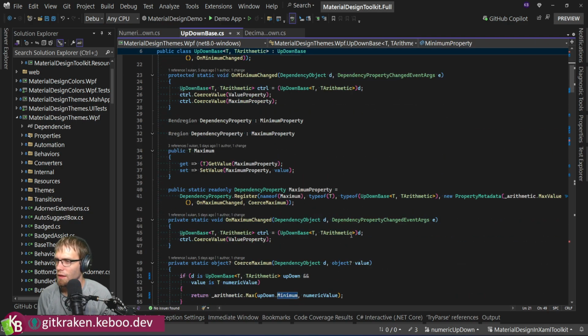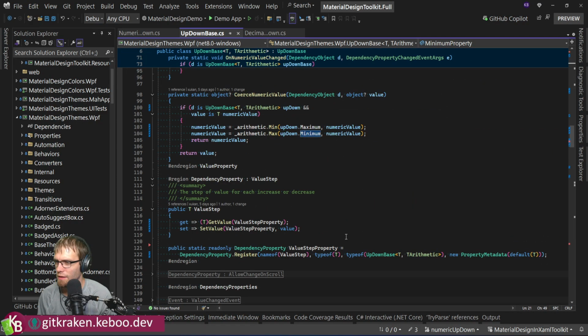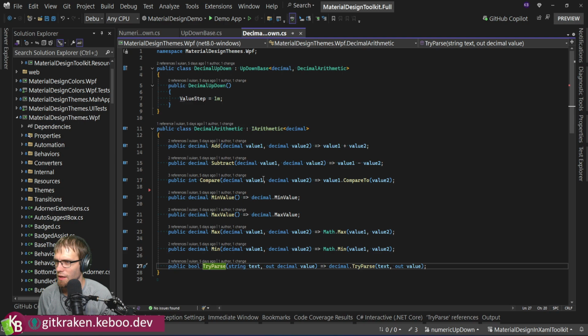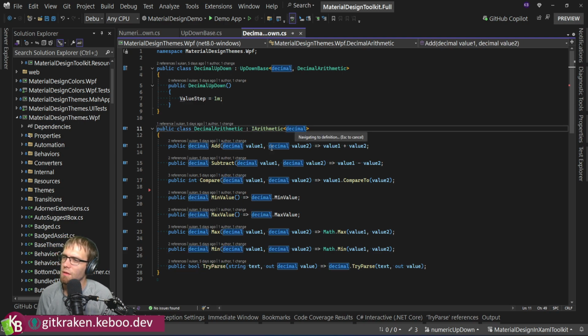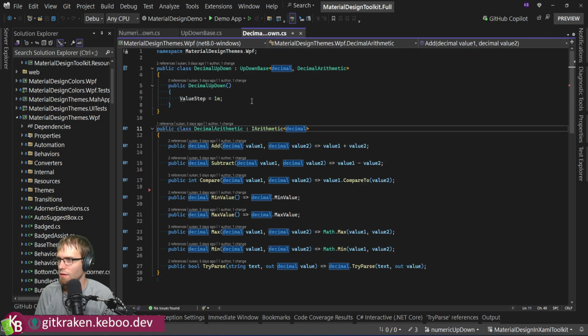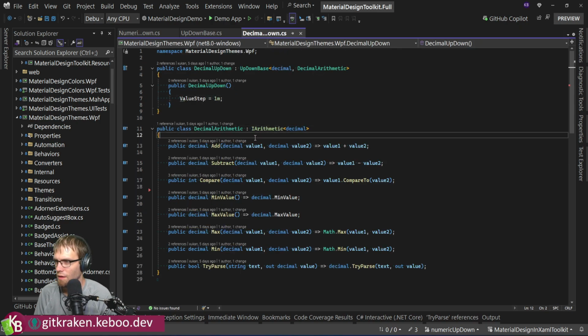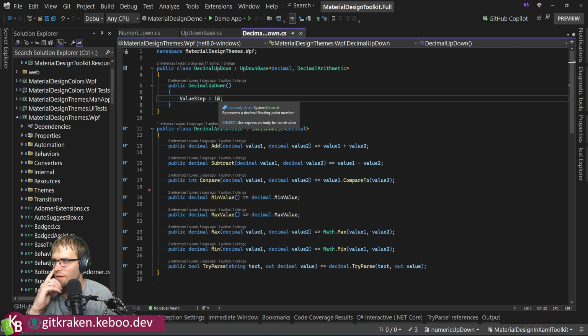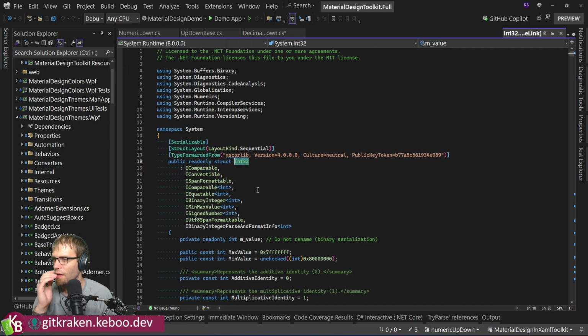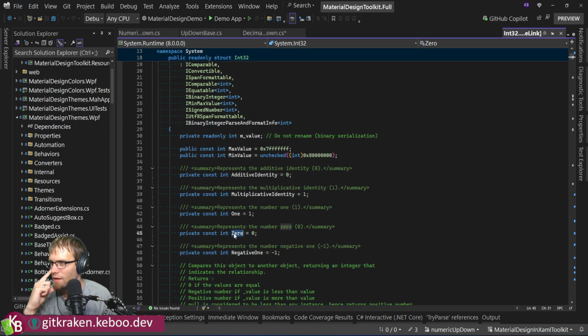Okay, so if that's the case, I think what I'd like to do is move the, because I'm trying to get as much out of here as possible, and TryParse isn't something I think I want on here. Let's take a look. Let's see, because this is just blind arithmetic, and this is setting the default value step to 1. But I believe Int32, if we jump to him, he has a